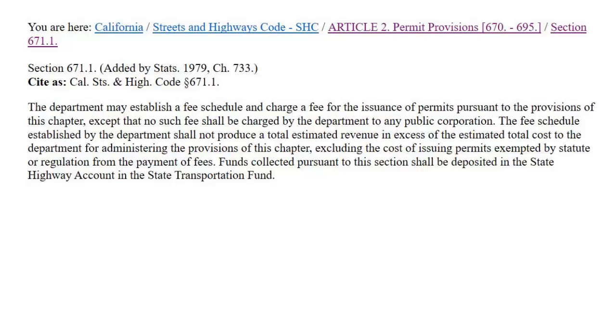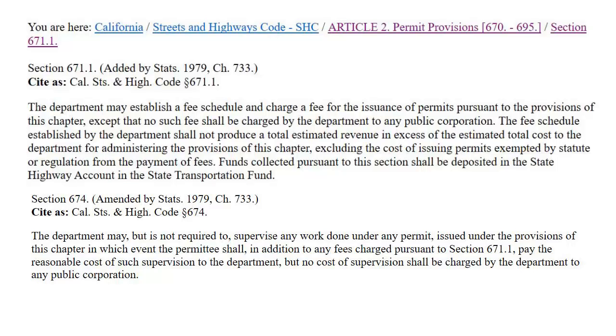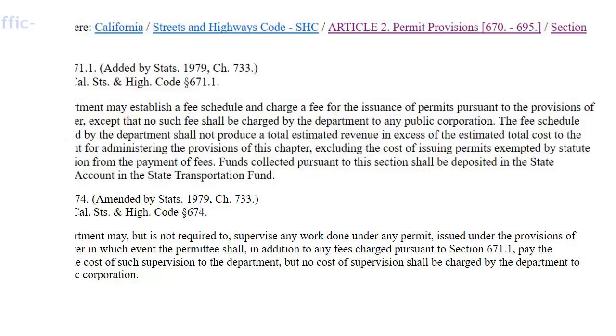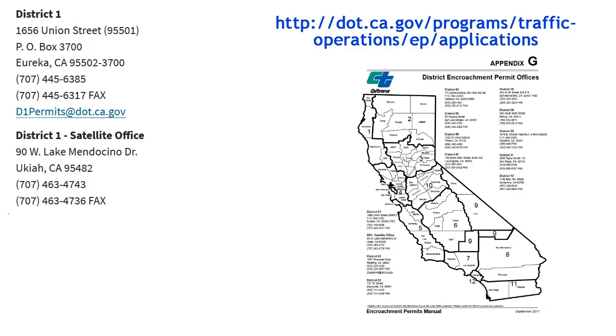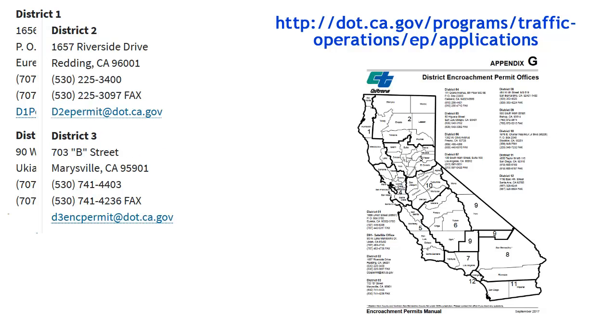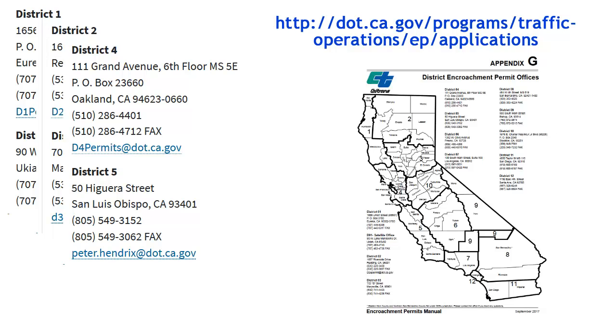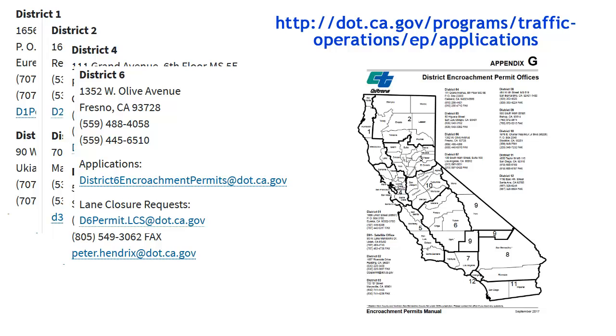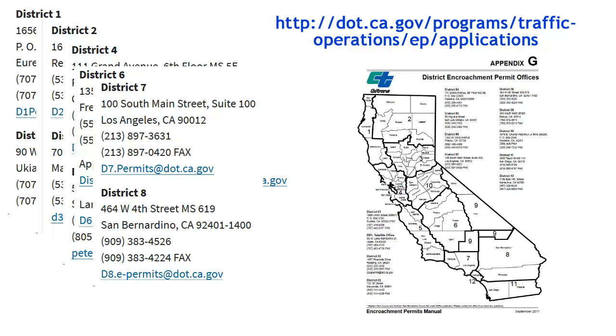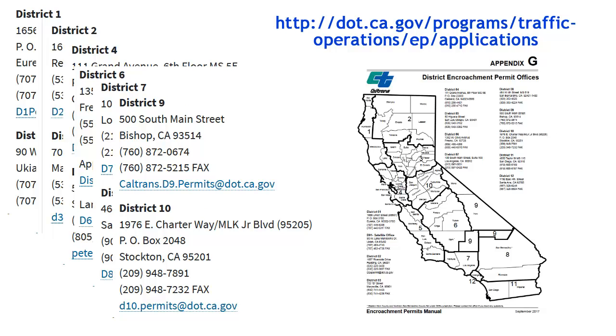The current minimum initial deposit required to begin the review process is $492. Additional fees may be required prior to permit issuance or during inspection for any costs that exceed your initial deposit. Fee deposit can be paid by check with the application package or by credit card over phone. Once completed, you may email or mail your application package to your local district encroachment permits office. To reduce processing times, applicants are encouraged to submit the application package by email, but may also submit it by